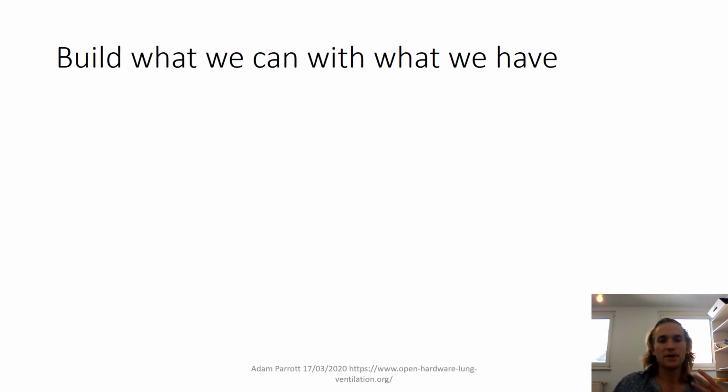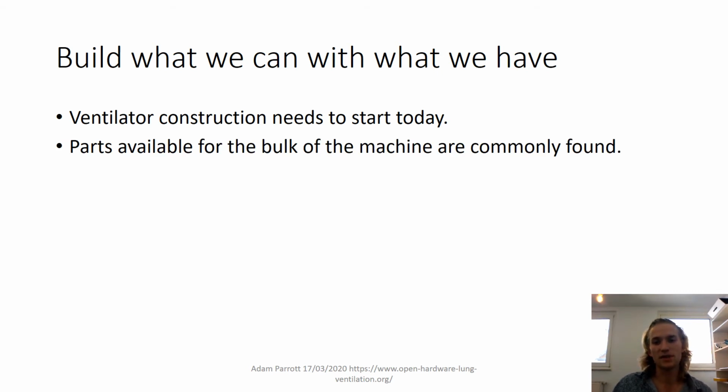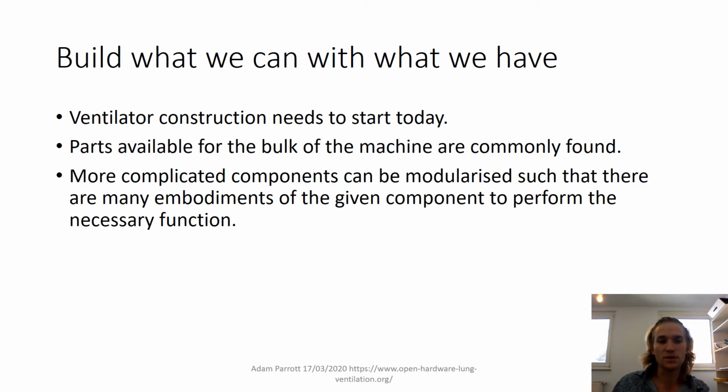So we need to build what we can with what we have. Ventilator construction needs to start now. Parts available for bulk machine are commonly found in the concepts that we will discuss. More complicated components can be modularized. So the concept with this modularization is that, for example, if we need to have a rotating wheel that provides the periodic rhythm for an inhalation of a patient, there are many ways in which you can rotate a wheel